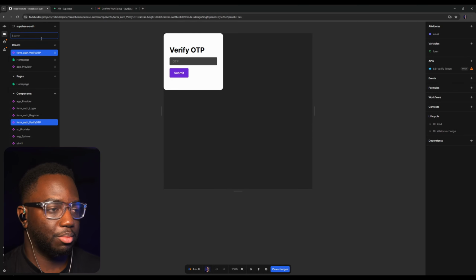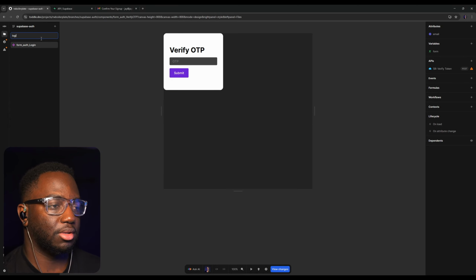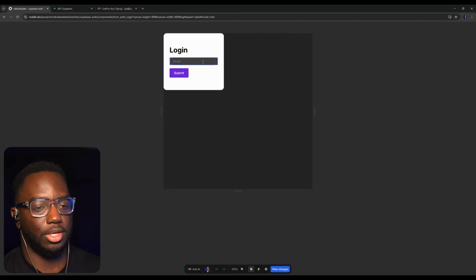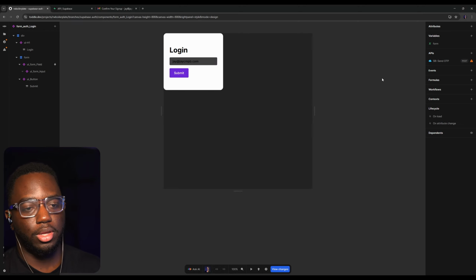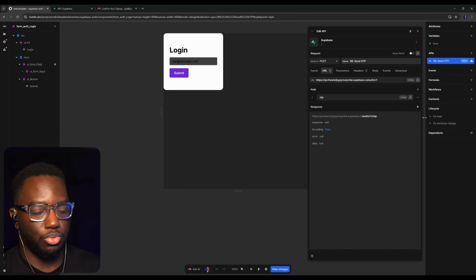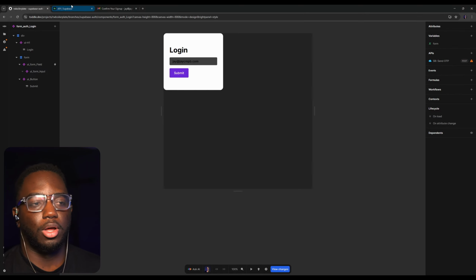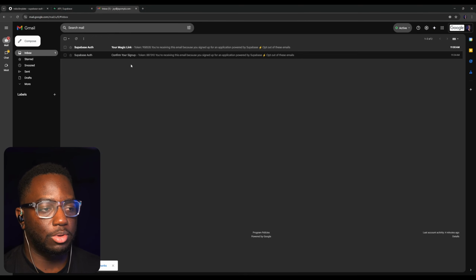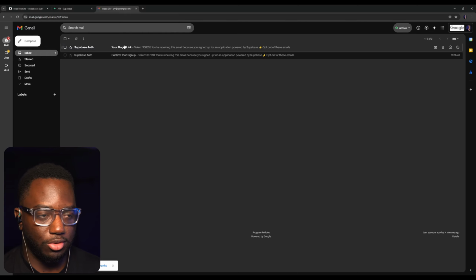So back at the login component, again, I'm just going to test it, put in my email, and manually trigger this API, and we're just going to get the 200. There's going to be no data. There's going to be no error. But in our email now, you're going to see that we have a different email,